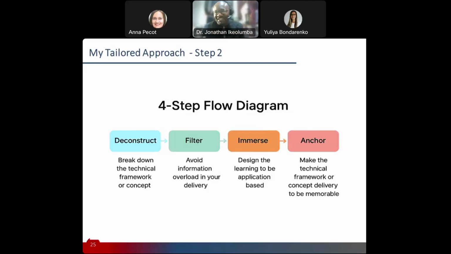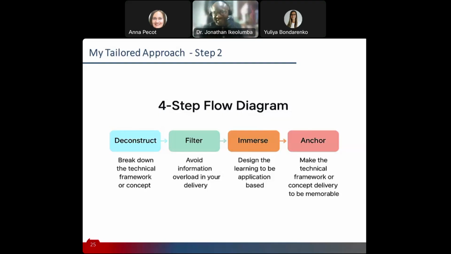I use my example about teaching on tax, right? So it's bad enough that non-technical people are wondering, okay, what am I going to hear? Am I going to hear that I'm going to pay much on tax? Am I going to hear that the tax rate has been increased? So the second thing to also do is to make sure that your slides, or your delivery, is quite light in terms of content.